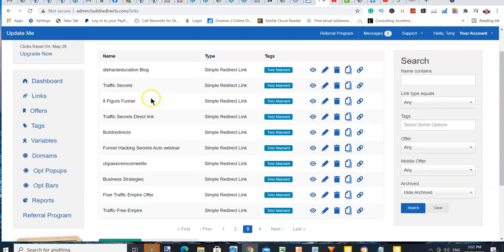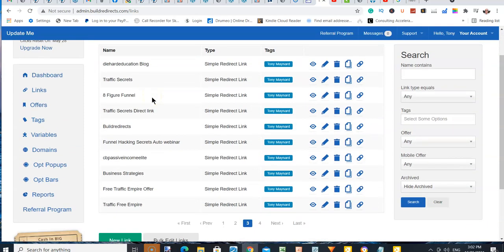These are all my links, you see. This is a tracking system, and it tracks all my results, so I know exactly how many clicks I've got, uniques, not uniques, and I only use one domain name, because you've got to get a domain name, one domain name. That's what I use on this.